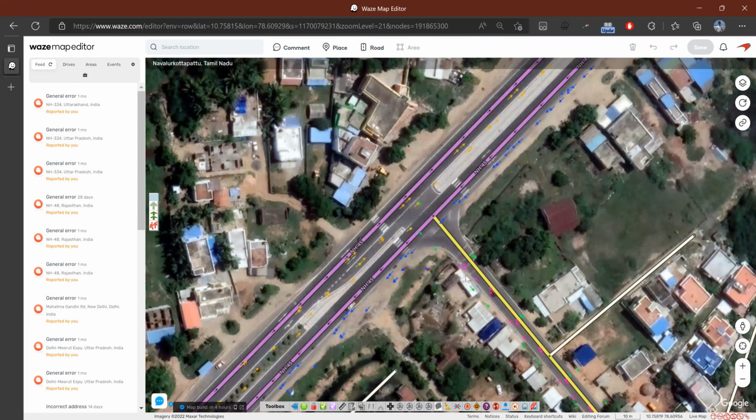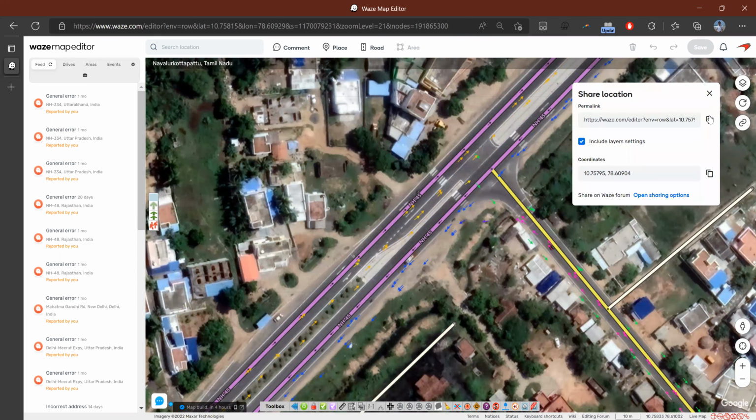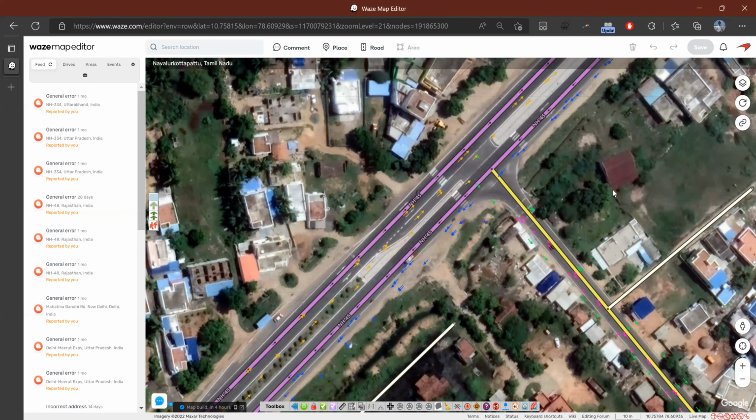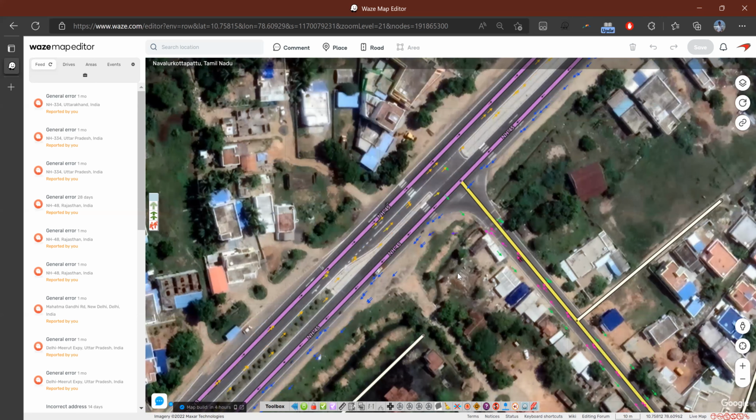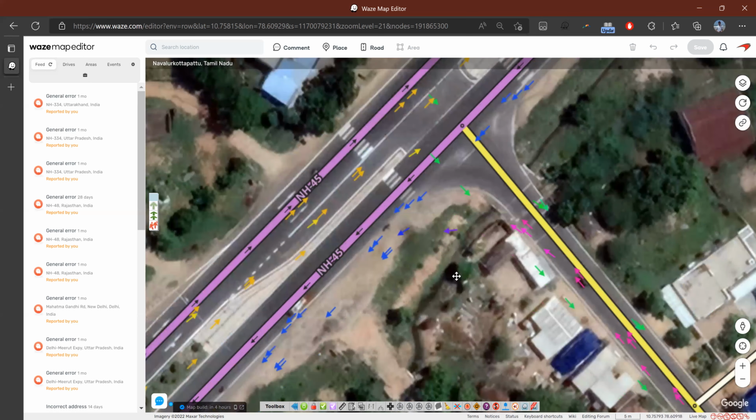So if you are below that and you find a place like this, please share the permalink that we do from this link. We've talked about it before. You take this copy and send it to a level 4 or above. Thank you. So to start this one, I hope you can see we will go into 21 on the zoom